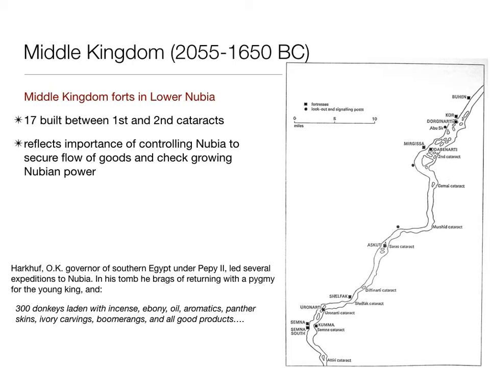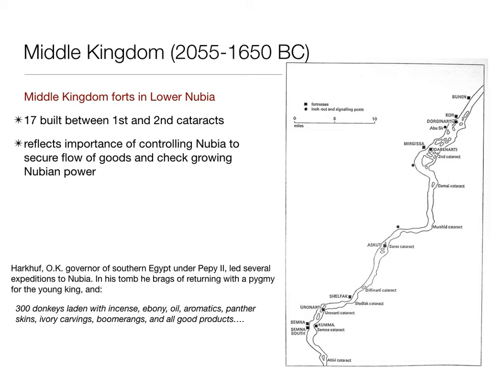And this really reflects how important Nubia is. And Nubia is starting to, south of here, gain power with the competing state of Kerma. And so Egypt really is keen on securing its borders. And in the Old Kingdom, trade with Nubia was very important. In fact, there's a fun passage in the Old Kingdom section of your textbook where one of the governors of this region, Harkuf, is commissioned by Pepi II, the really old king who lived into his 90s.